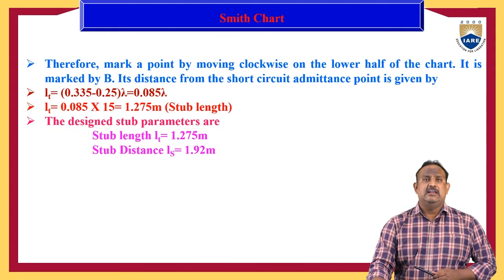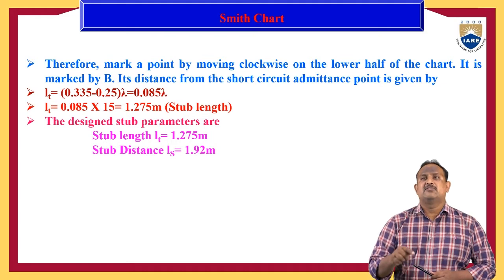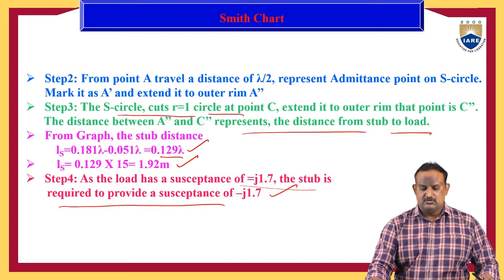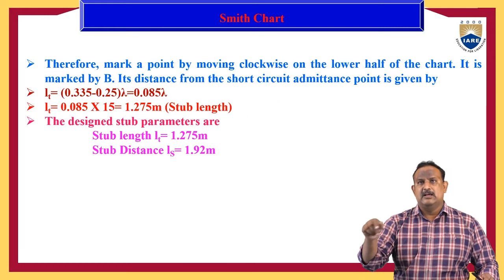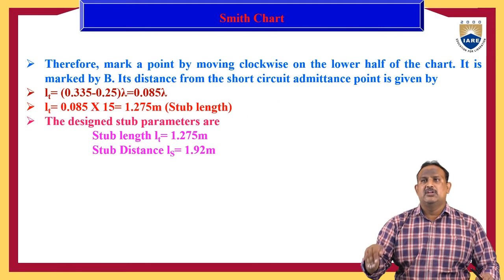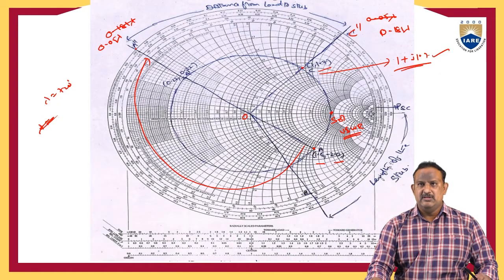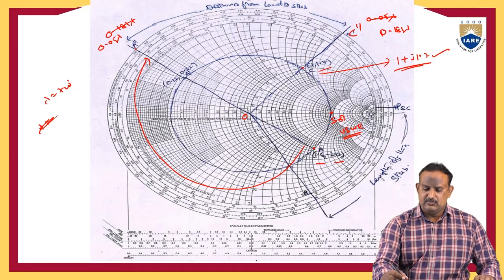Next, we will find out the LT value. Mark a point by moving clockwise on the lower half of the chart. So to mark that, we need to move in the clockwise direction on the lower half of the chart. It is marked by point B. From here, if we move towards the